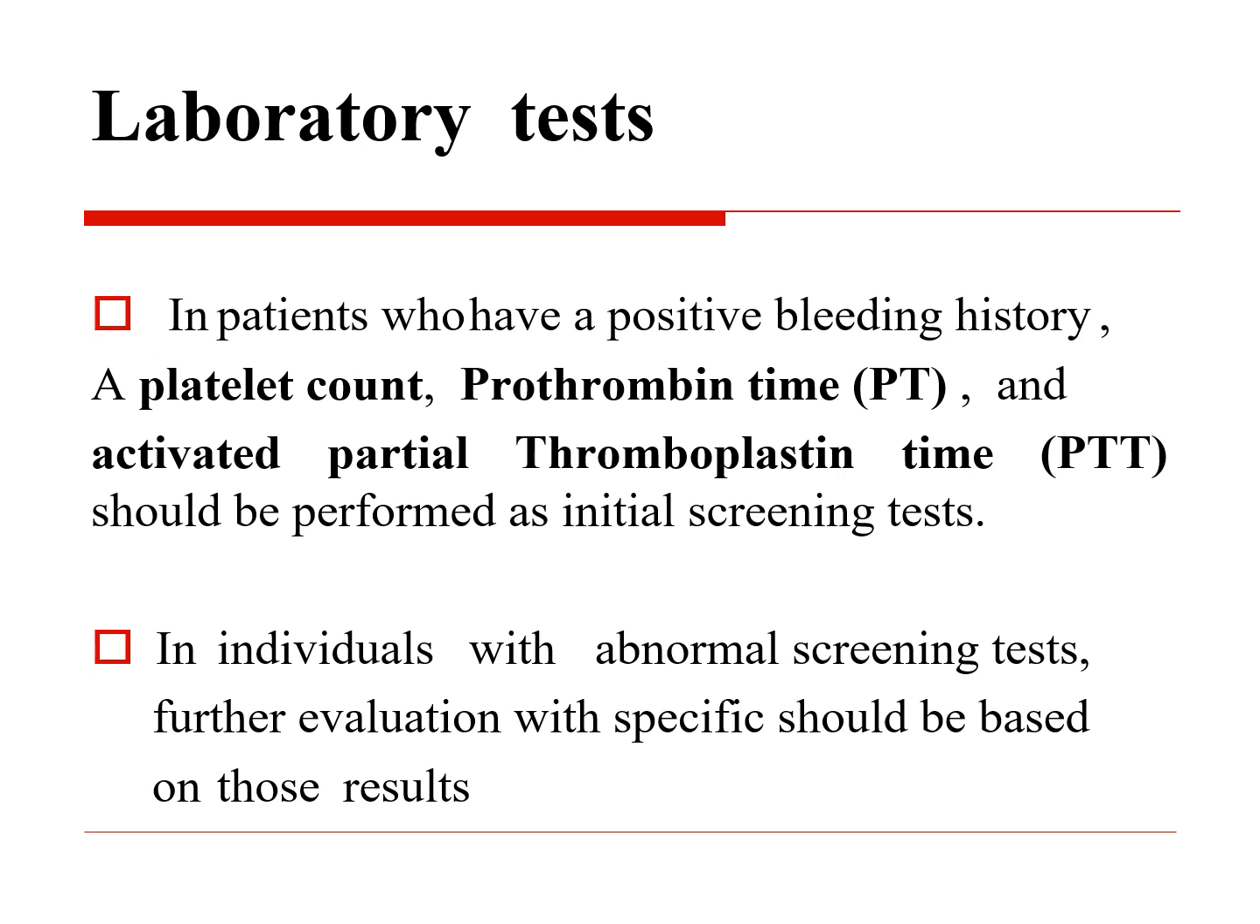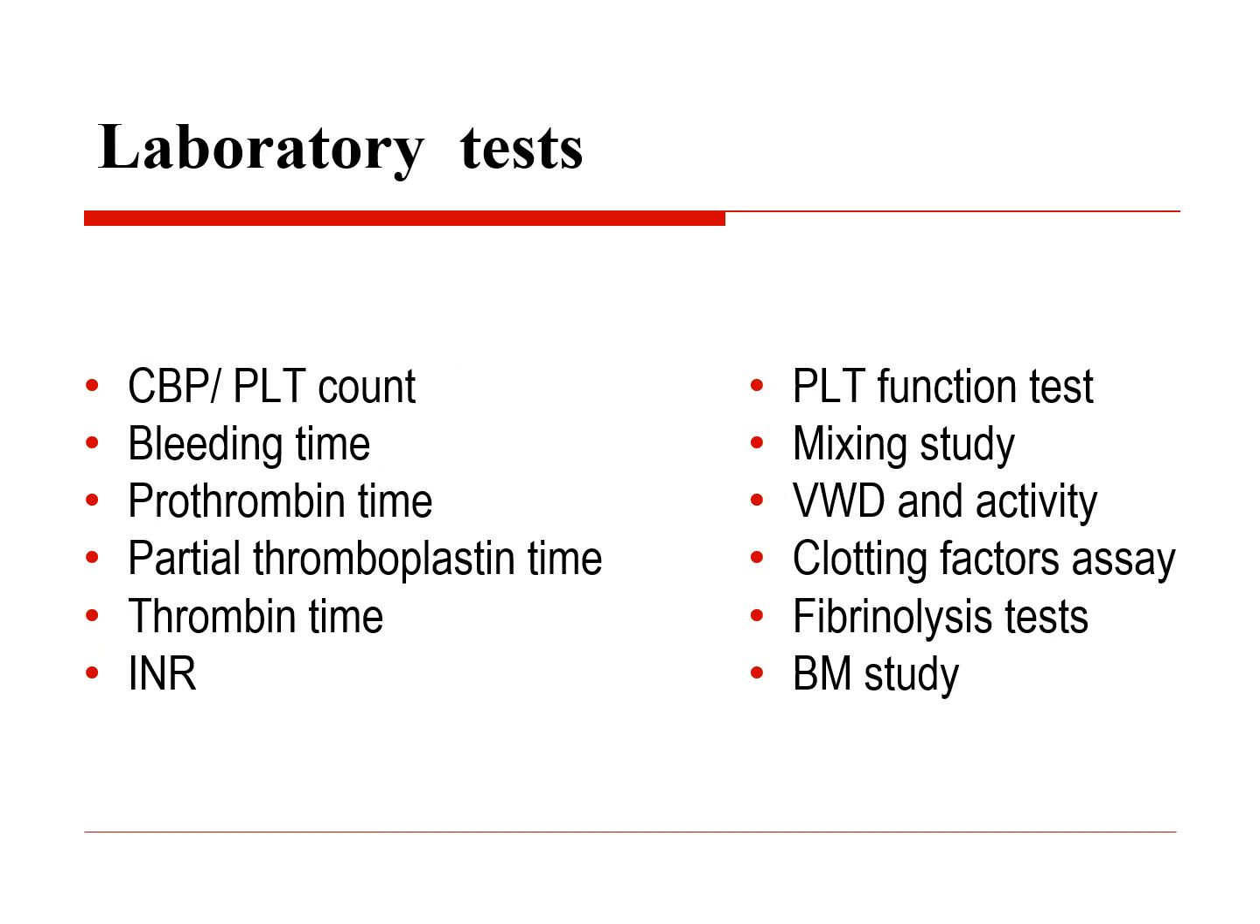After history and physical examination, we will send for laboratory tests. In patients who have a positive bleeding history, a platelet count, prothrombin time, and activated partial thromboplastin time should be performed as initial screening tests. In individuals with abnormal screening tests, further evaluation with a specific test should be based on the result of the initial one. The laboratory tests will start with a complete blood picture looking for the platelet count,